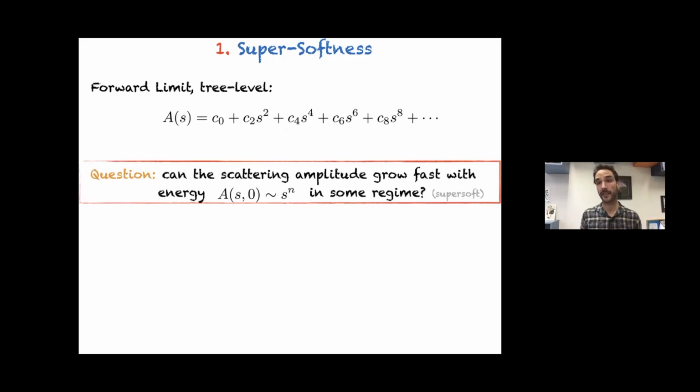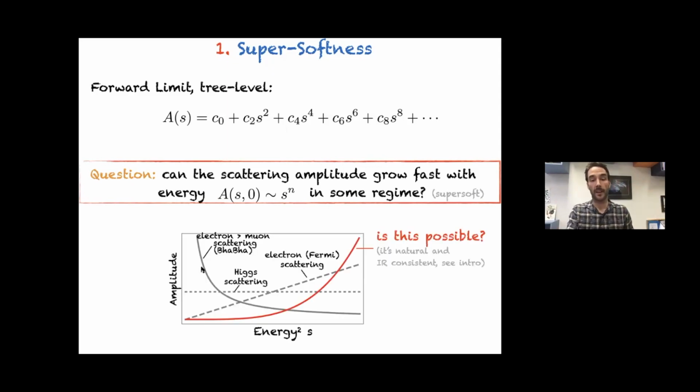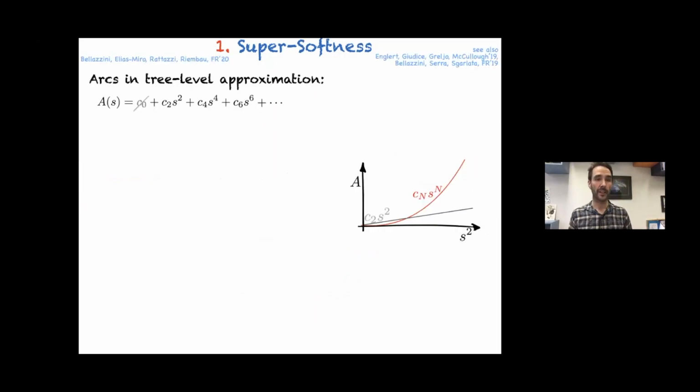And the question is what I already brought to you before, whether the scattering amplitude can grow fast with energy in some regime, at least. This is this idea of supersoftness. I remind you that the amplitude as a function of energy can be flat, for instance for Higgs scattering, can decrease for pion scattering, can increase linearly with s, as in Fermi theory. And the question is whether some more exotic behavior is possible. I remind you that this is natural and infrared consistent. So in the tree-level approximation,